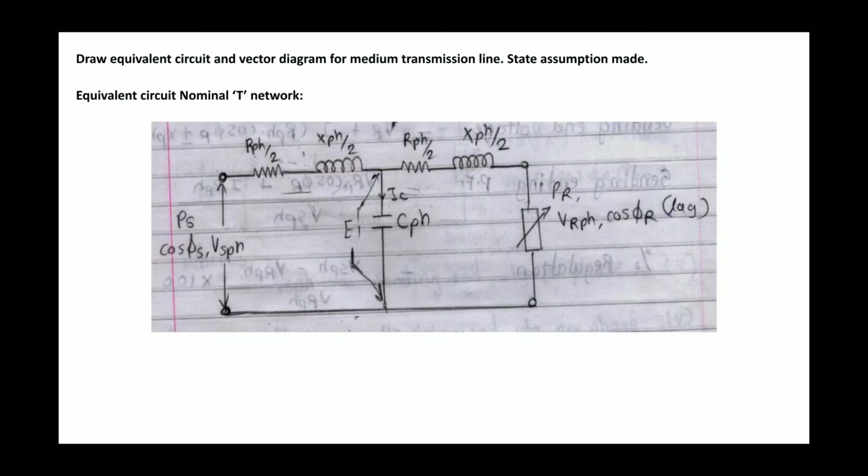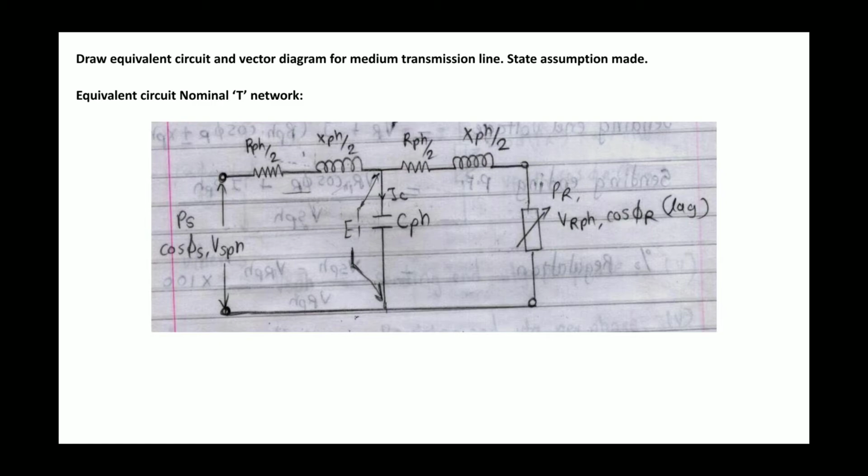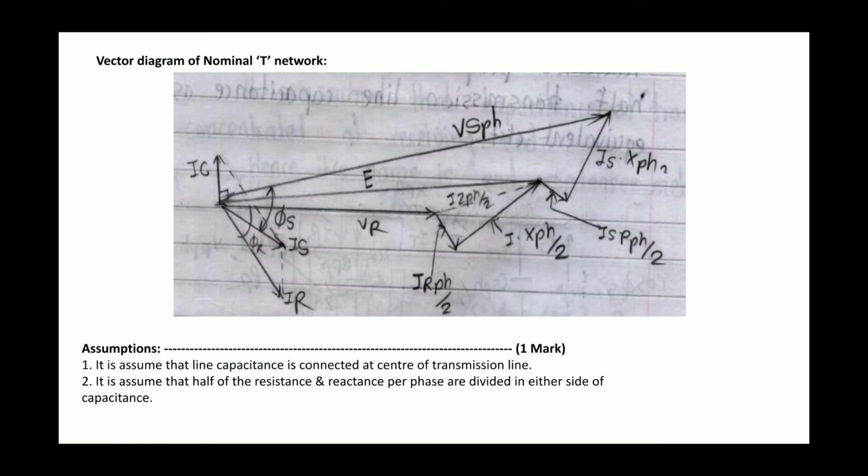Okay, this one means one part is complete. Now is the second part. Once again, same condition: the current which is flowing in the sending end is IRPH, this one. Then next is flowing in this direction. So once again the same portion, this portion is the same, so copy paste, which is connected here.